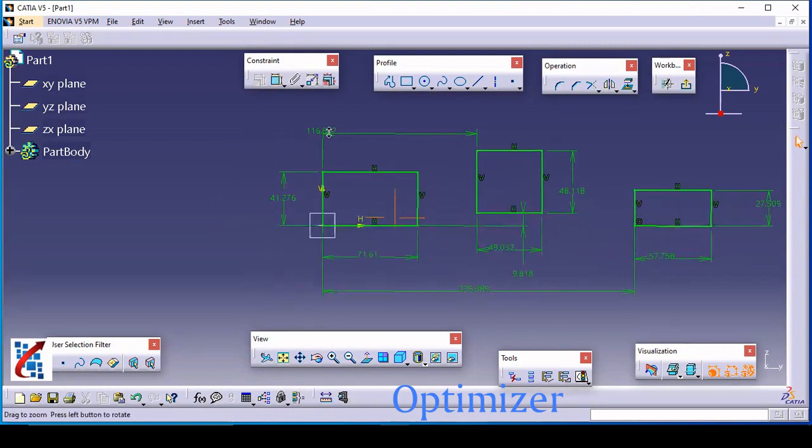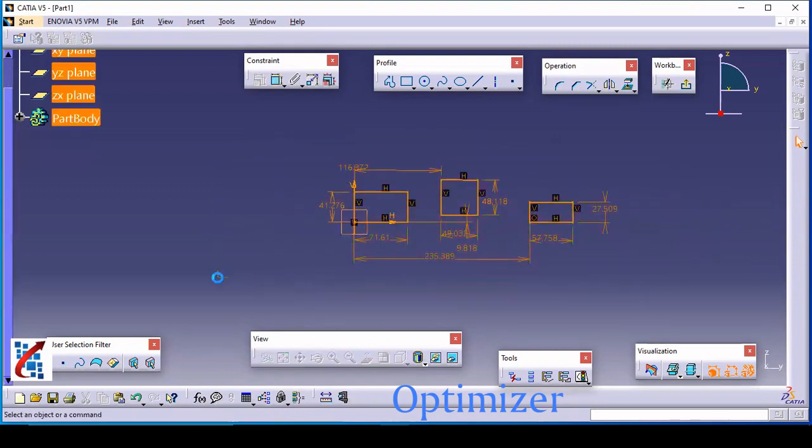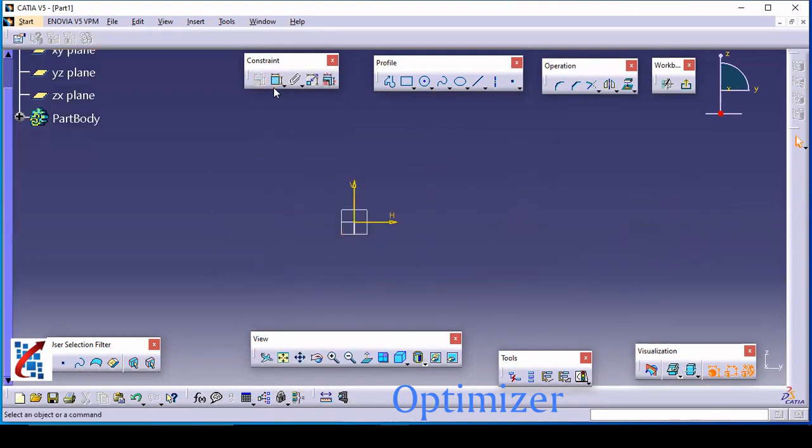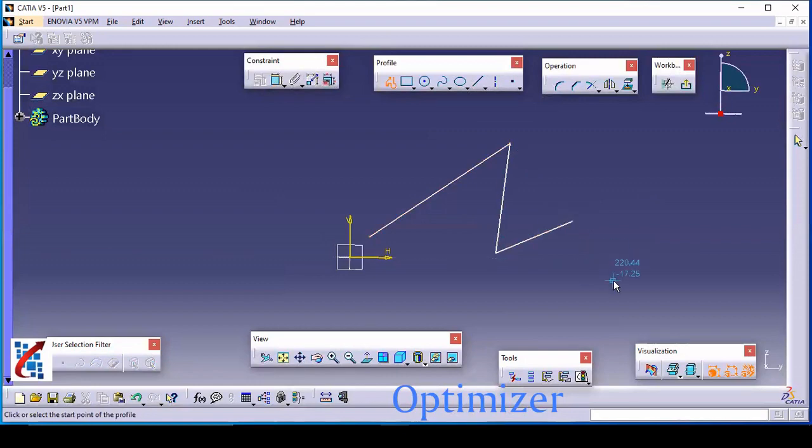Okay, now, so this is about this constraint. Now we are going to see the constraint define dialog box. Suppose these are lines like this, and I want this line to be perpendicular to this line. What should I do? For that you need to use this constraint define in dialog box.